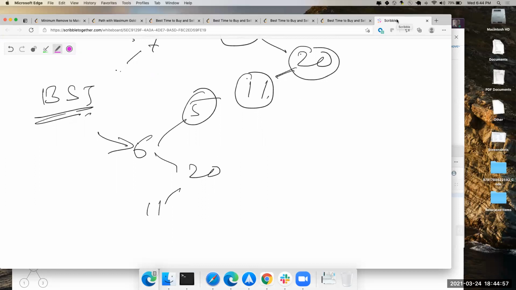What can I have here? My parent, which is up to the left, has to be something greater than 20. But then your 11 is your answer. And let's say this is 6 and this is 5. Okay, let's say this is your tree.